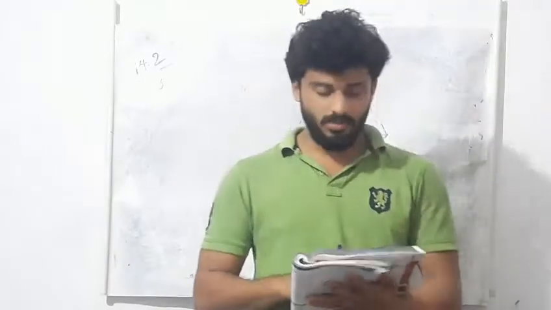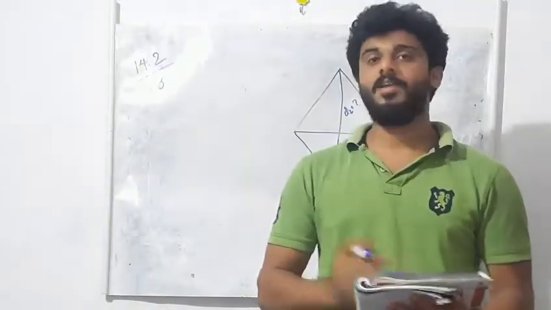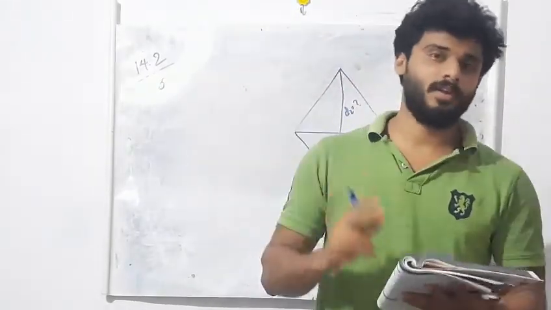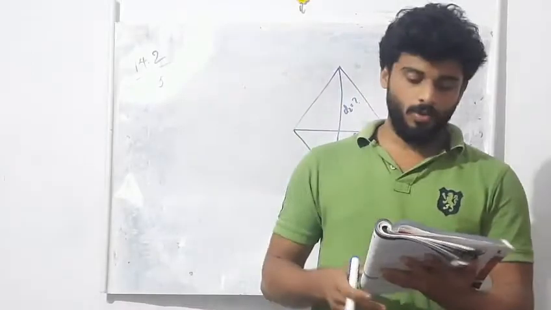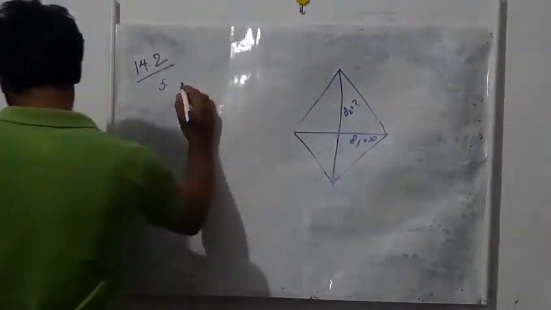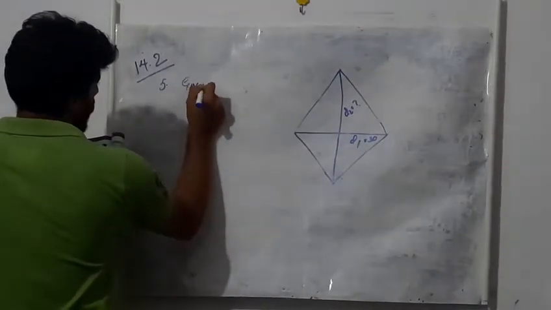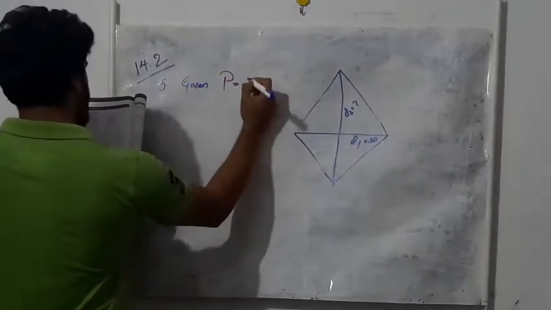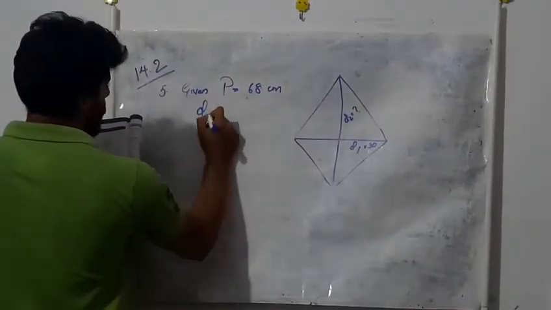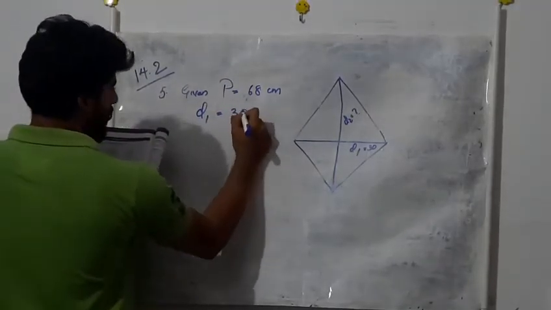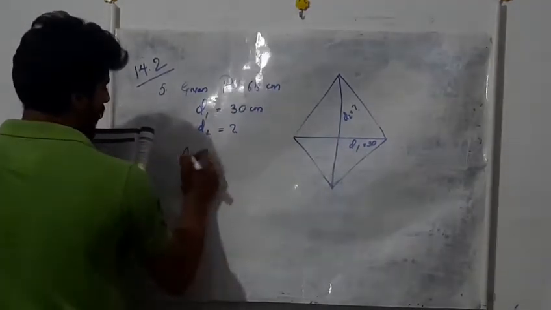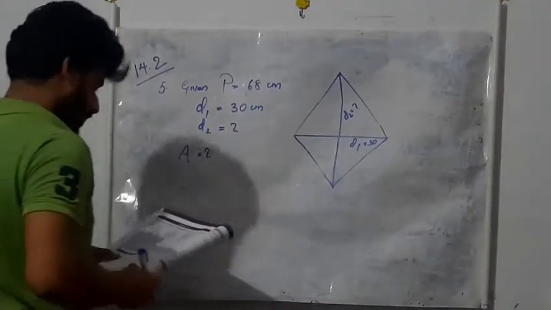Okay, now we are having a rhombus. Its perimeter is given as 68 centimeter and its one diagonal is given as 30 centimeter. We all know the rhombus has two diagonals, so the other one we need to find out, and we need to get the area of the rhombus. So to answer, given: perimeter is equal to 68 centimeter and diagonal, let us name it D1, is equal to 30 centimeter. D2 is the one we need to find, and then area is the one we need to get.